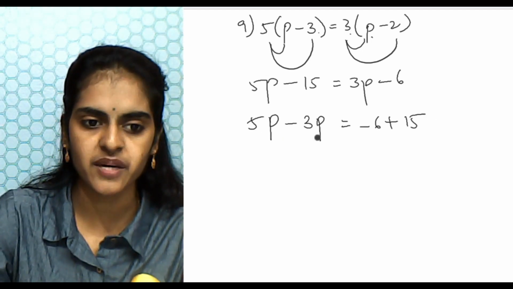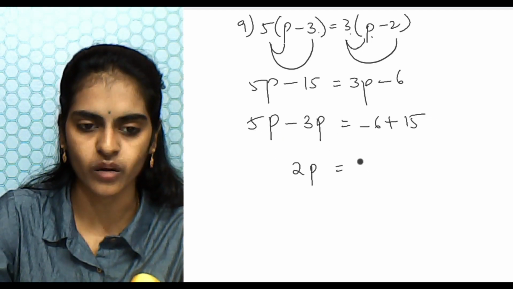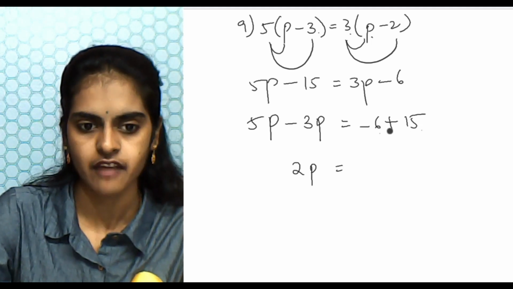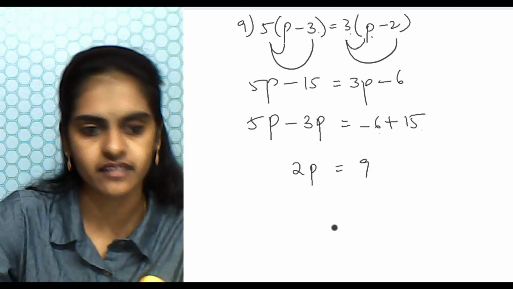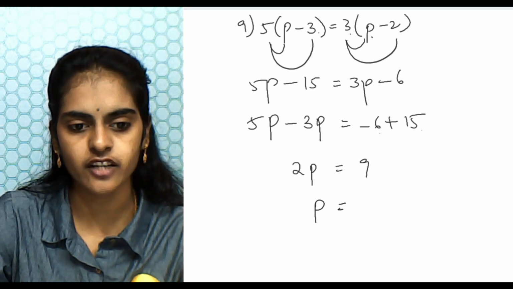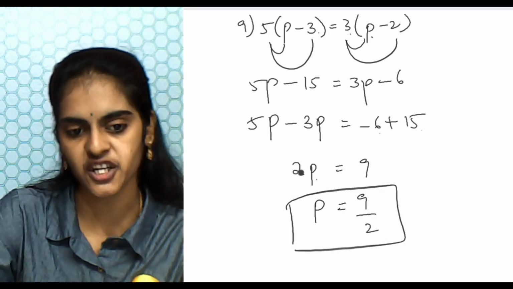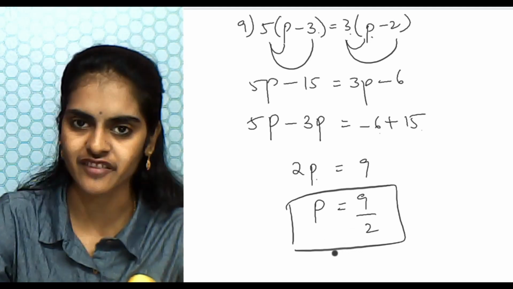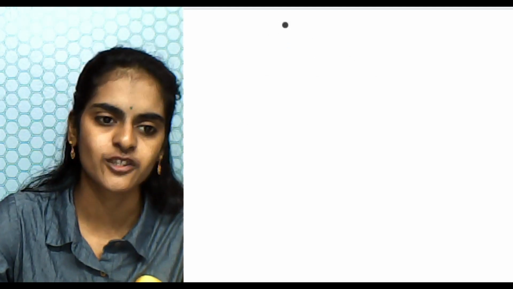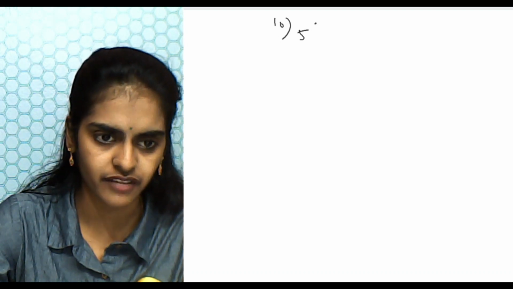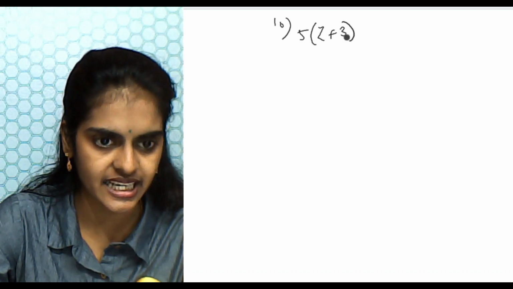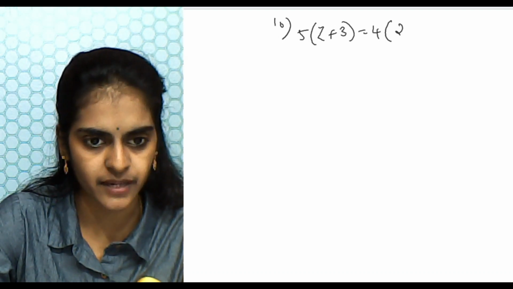Clear? So 5p minus 3p is 2p is equal to 15 minus 6. 15 minus 6 gives me 9. Okay, so I want the value of p. p is nothing but 9 divided by 2, because this 2 is in multiplication, going to the other side becomes division. Clear? Very simple, right? So next one, 5 multiplied by (z plus 3) is equal to 4 multiplied by (2z